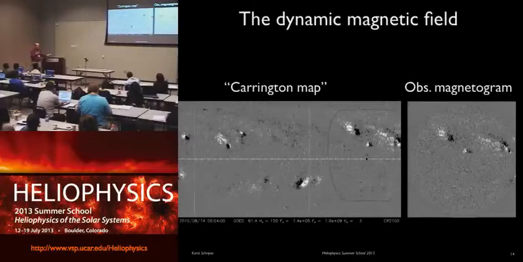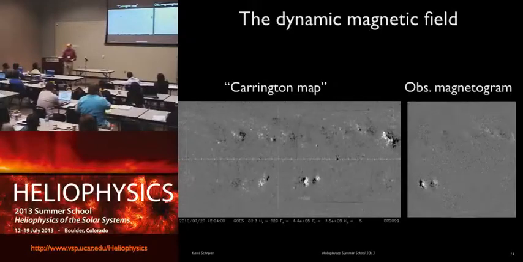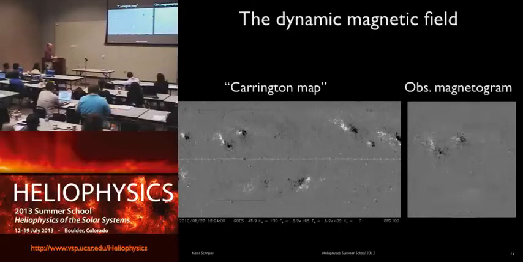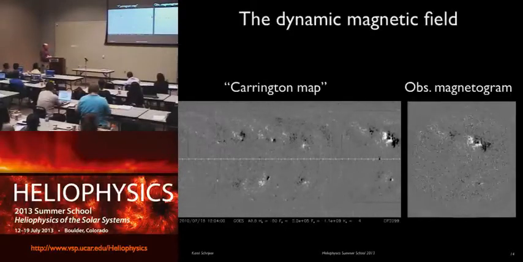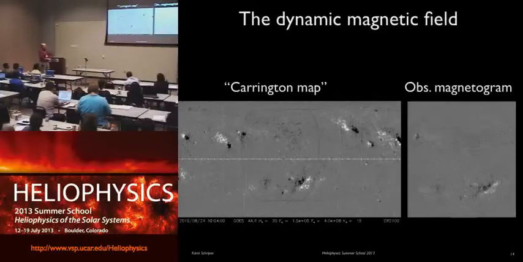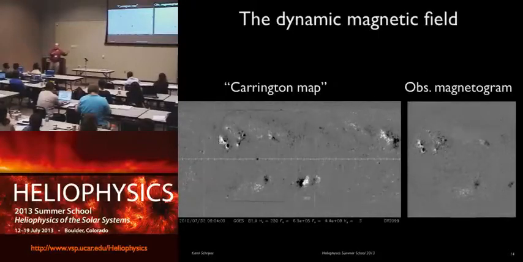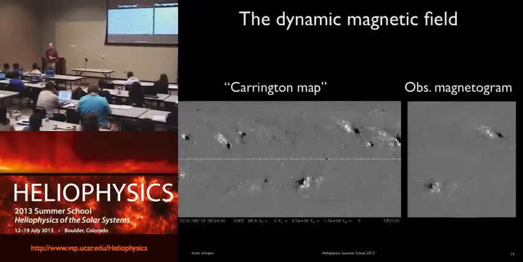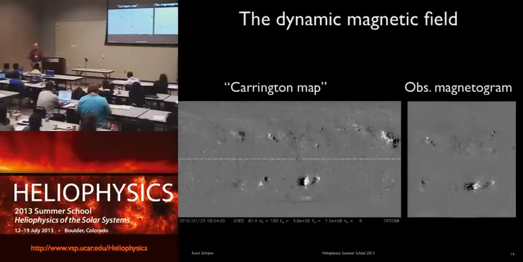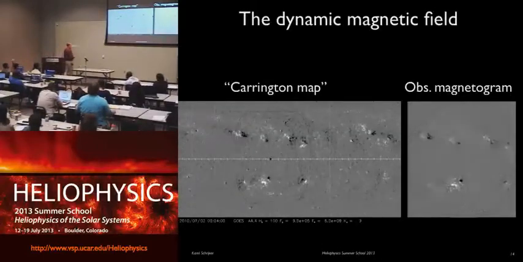And we still don't have, although the STEREO spacecraft look at the sun now with the Solar Dynamics Observatory from all sides, we can see the full sphere. We don't have magnetographs that cover the full sphere. So what we do is put that into a model, and if you unwrap it into a complete longitude versus, in this case, sine latitude, it's basically unwrapping whatever that sphere is doing that way. You can see the front of the sun drift by in that oval, and we have a model that takes over whenever the front of the sun isn't visible and moves these charges, these magnetic concentrations, the flux tubes, into which the field is patterned around.